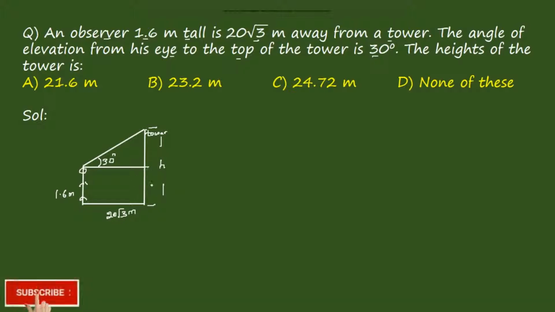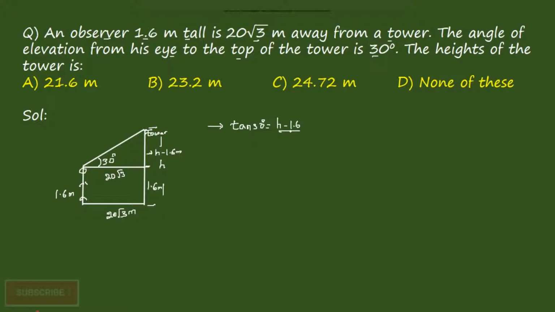Till here we know that it is 1.6 meters. Right? Then this is equal to h minus 1.6 meters. From here to here it is 1.6 meters. Now we know that it is forming a trigonometry. So if you consider an angle of 30, then tan 30 degrees is equal to perpendicular by base. Here the base is 20 root 3 only, right? So the perpendicular is h minus